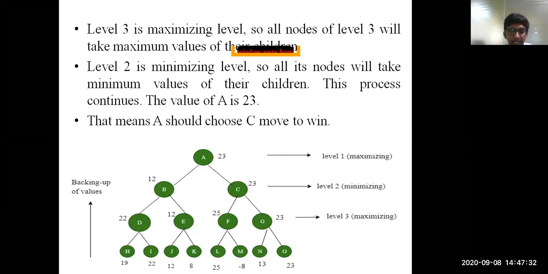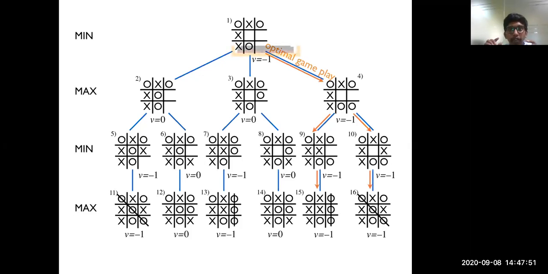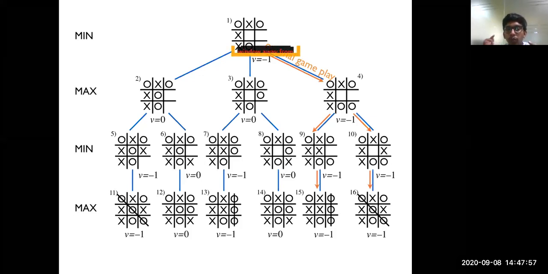Now let's understand the same concept with respect to the tic-tac-toe game once more. Looking at this picture, you'll recall what the tic-tac-toe problem is, which we discussed in the initial stages. One person takes the value O, the other person takes the value X. If somebody wants to win the game, he needs to keep his values, X or O, in the right position.